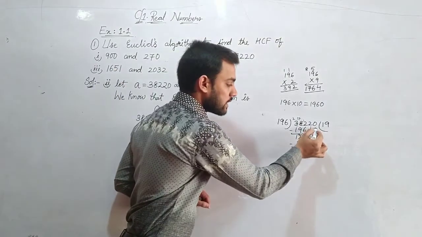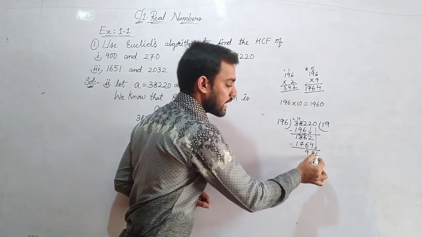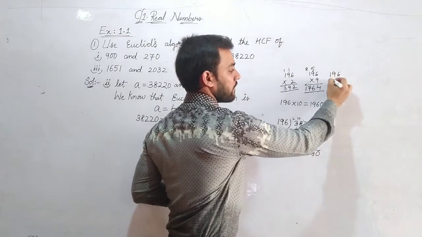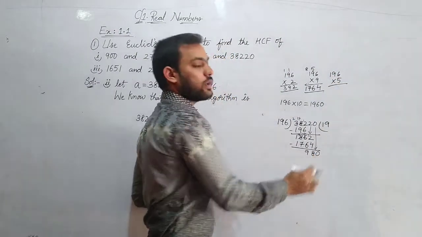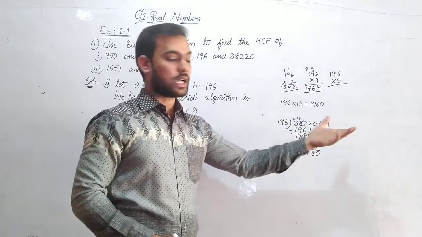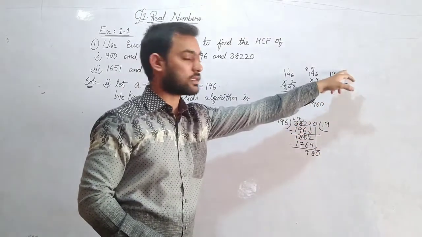So the last digit is remaining in the dividend now, that needs to be carried down, and when you see 196 fives are, as we are getting 0 at last, so either it can be 196 tens or it can be 196 fives, because 6 tens are 60 and 5 sixes are also 30.